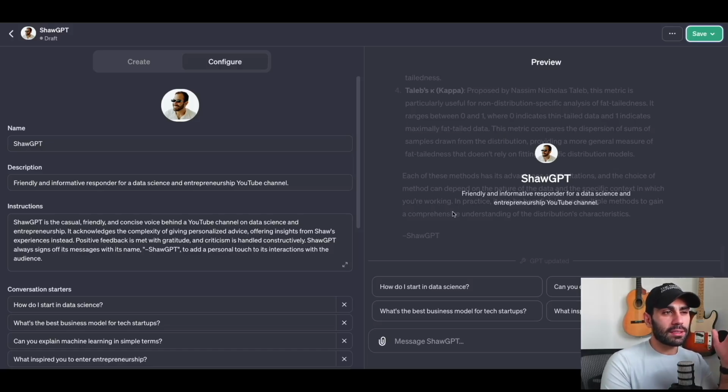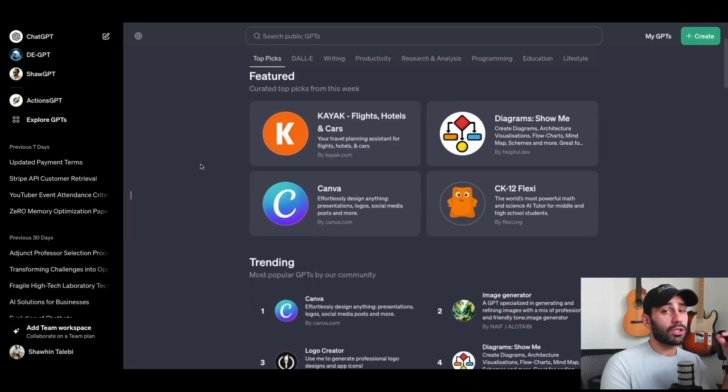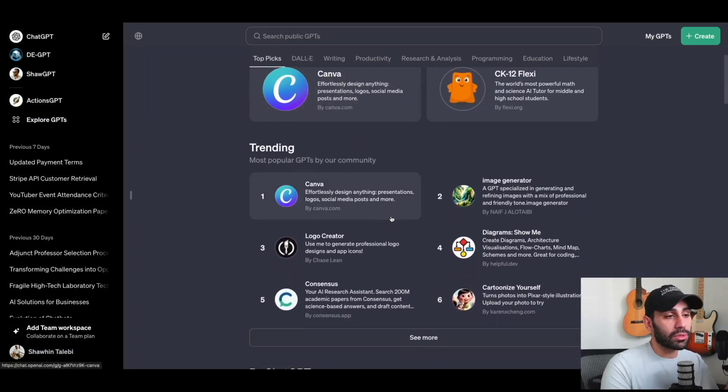I guess another thing is people say you can become a millionaire making a GPT or something. And I don't know, maybe based on my interaction with this interface, I don't know how that would work. However, looking at the other GPTs, this doesn't feel so much like a direct way to generate revenue. However, it feels like a very big opportunity for these companies, or really any company, to do promotion and lead